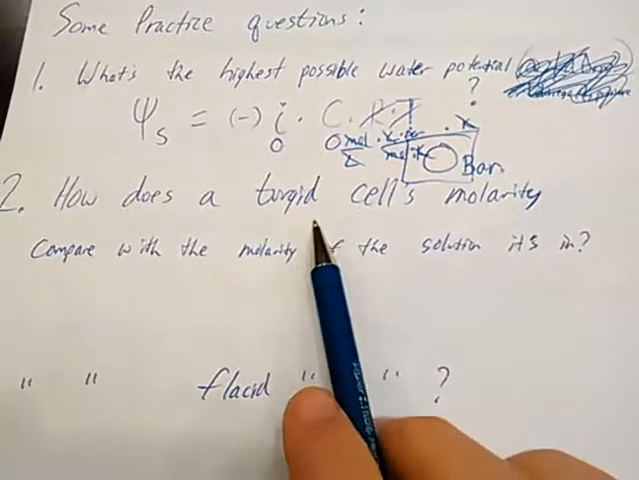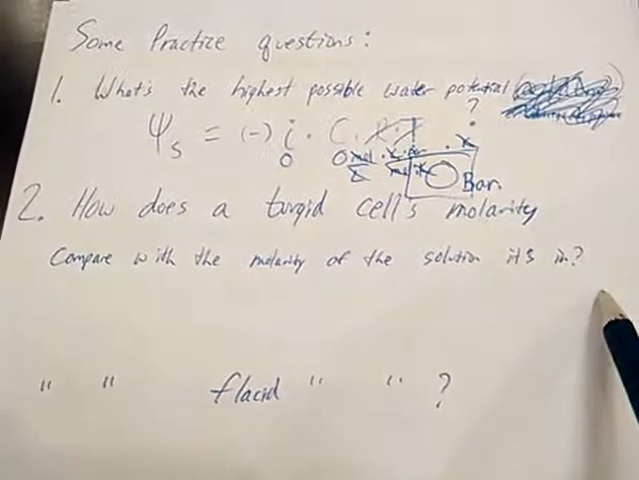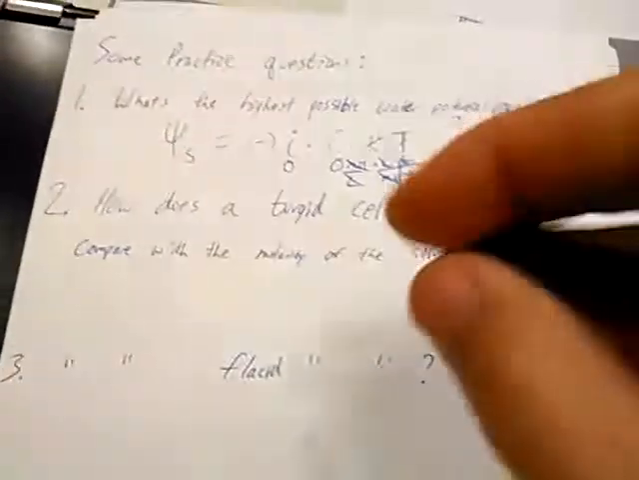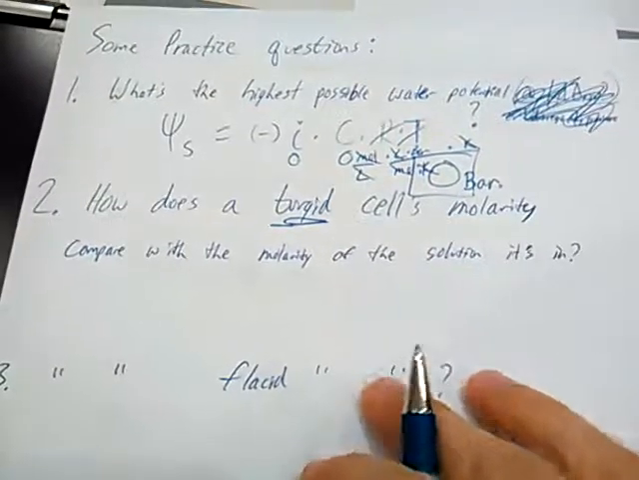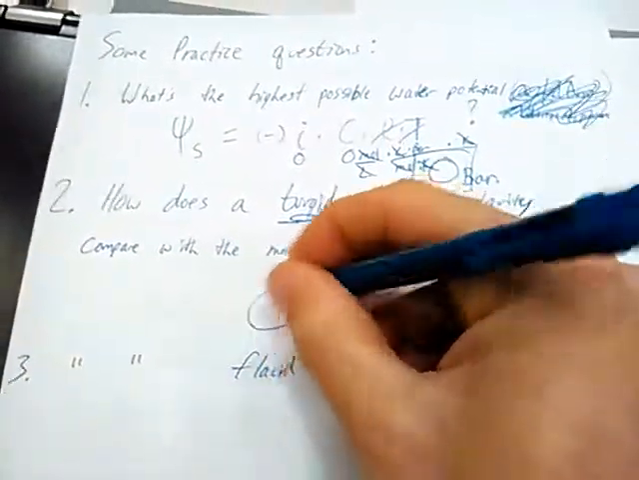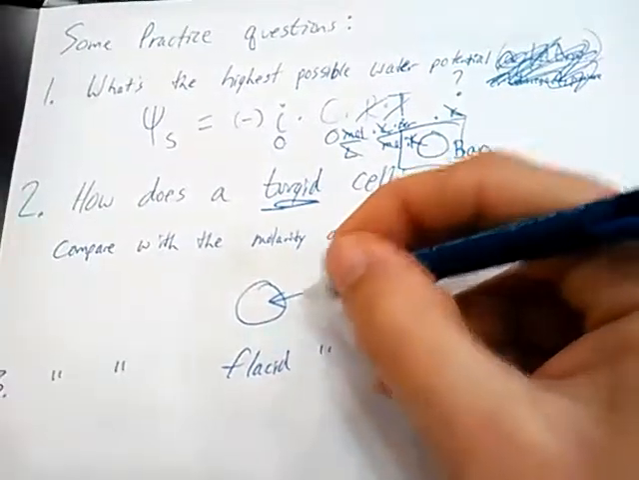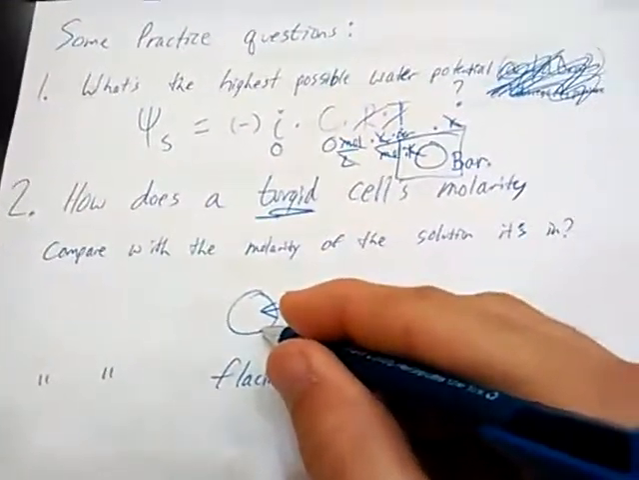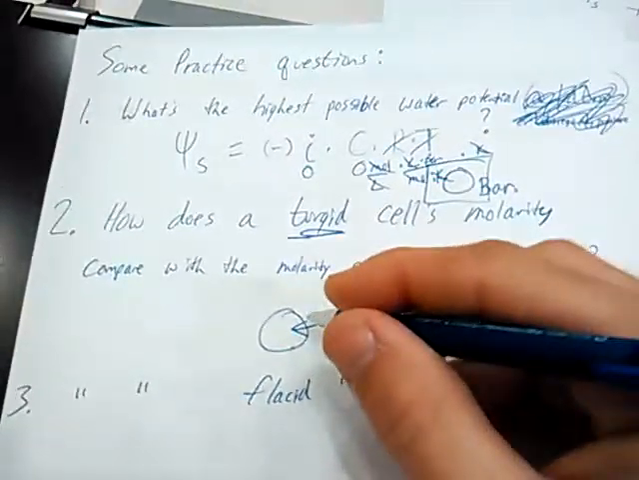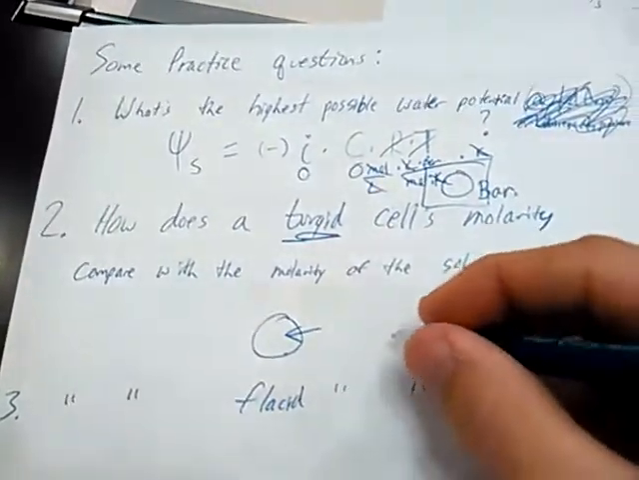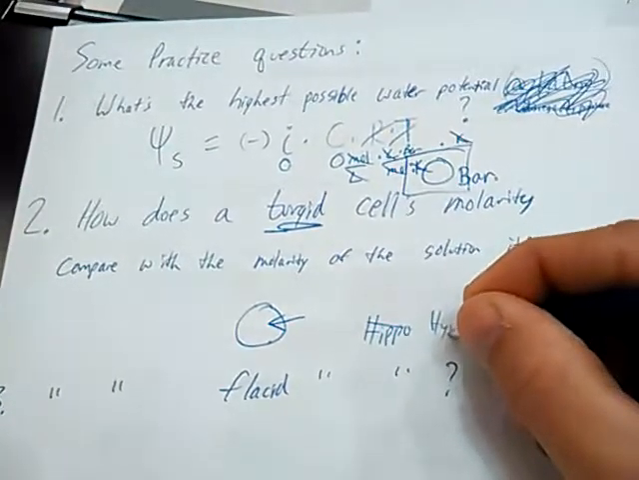How does a turgid cell's molarity compare with the molarity of the solution it is in? A turgid cell is one that's firm or hard, and that's because water has been going into it. So for water to be going into that cell, what has to be happening? What's going to happen to the size of this cell if water goes in? It's going to get bigger. It's going to expand. It's going to become turgid. So we're talking about a hypotonic